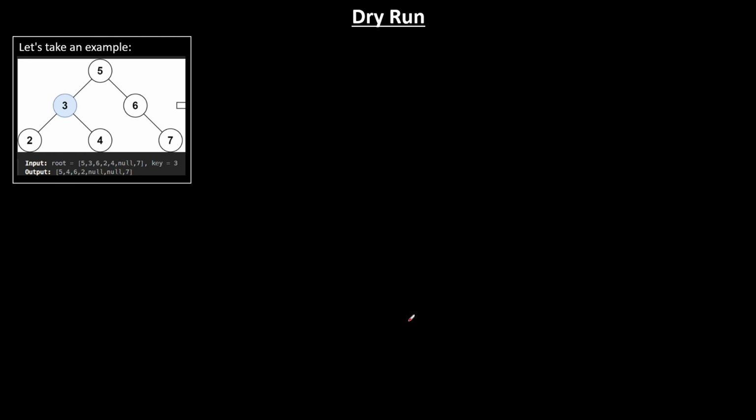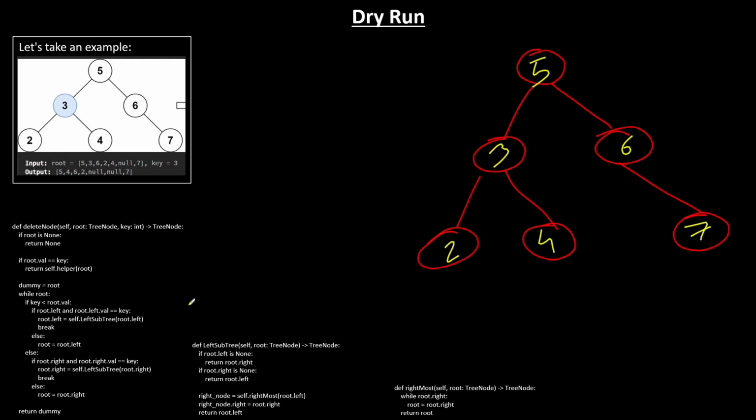Now since we have the understanding of the code, let's look at the dry run of the example. Let me draw this tree first. Okay, let's begin the dry run. I've also brought the code here for your clear understanding. Here you could see if root is none, we return none. So root is not none here, right? So skip it. Neither is the root value equal to the key. Here key is 3. So we take the dummy node and place the root there. And while root is not null,